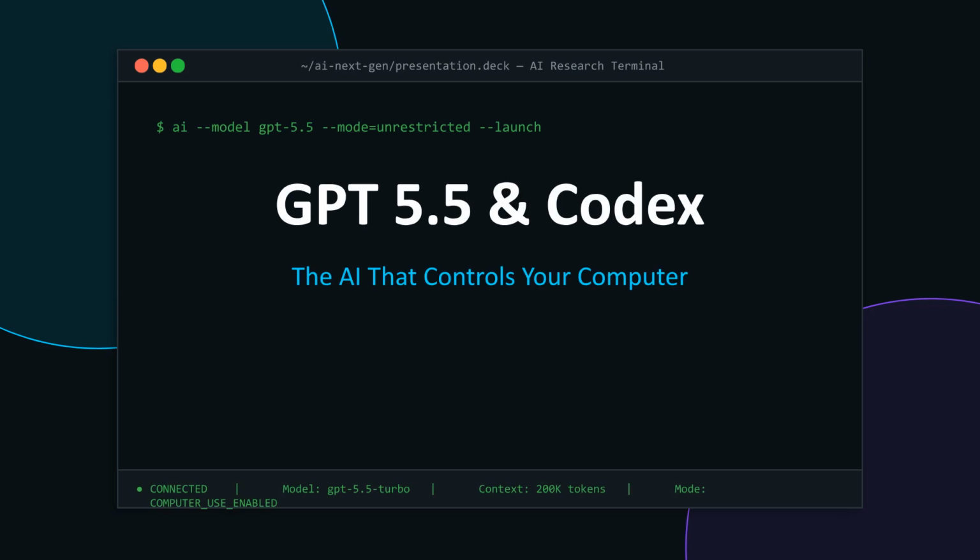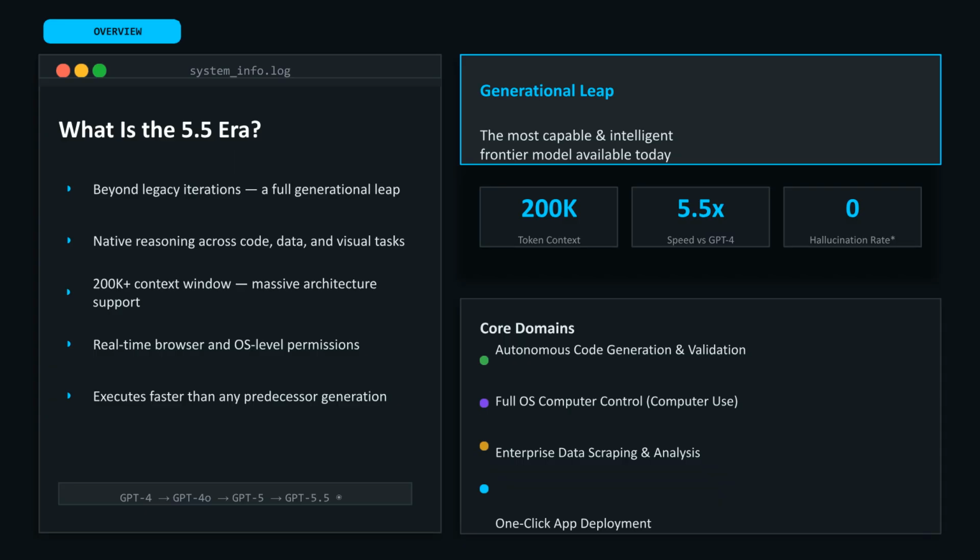Welcome to the video on GPT 5.5 and Codex, the AI that controls your computer. We'll explore its capabilities in autonomous coding, computer use, agentic workflows, and mass data intelligence. The GPT 5.5 era represents a full generational leap with native reasoning across code, data, and visual tasks. It features a massive 200K plus context window, real-time browser and OS-level permissions, and executes significantly faster than